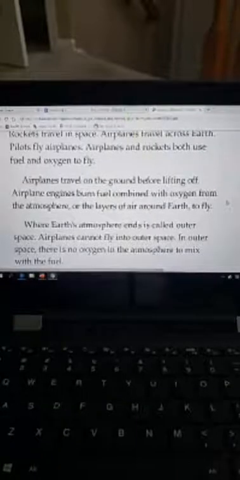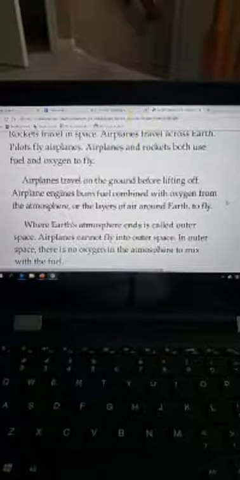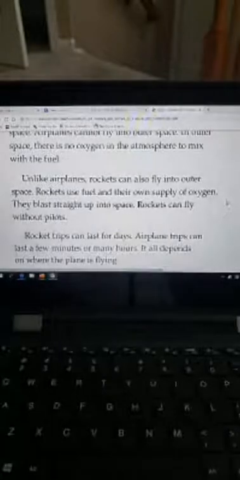Where Earth's atmosphere ends is called outer space. Airplanes cannot fly into outer space. In outer space, there is no oxygen in the atmosphere to mix with fuel. Unlike airplanes, rockets